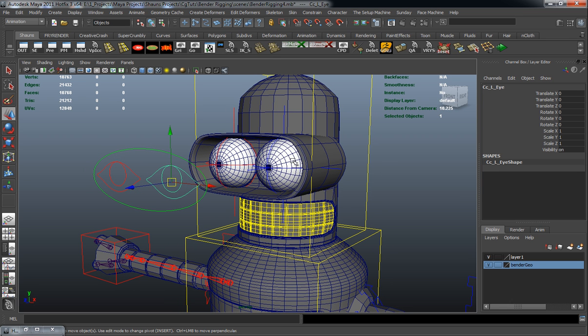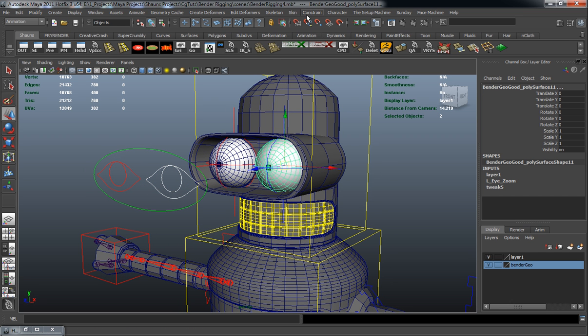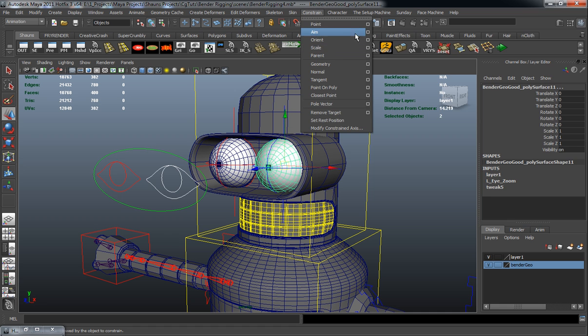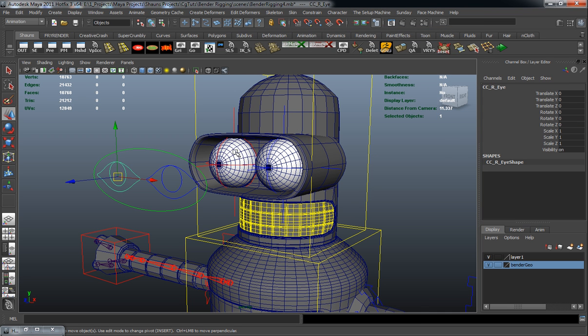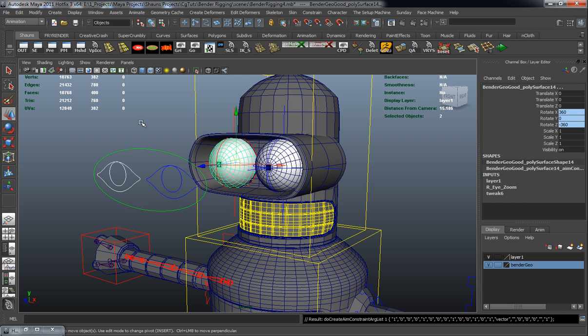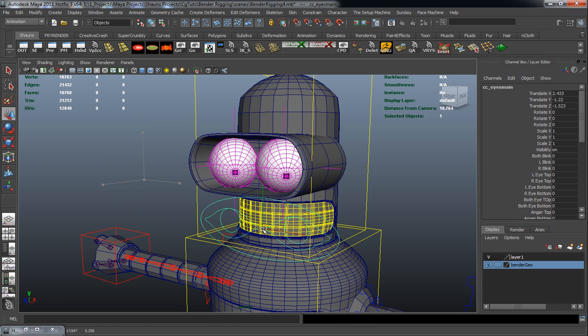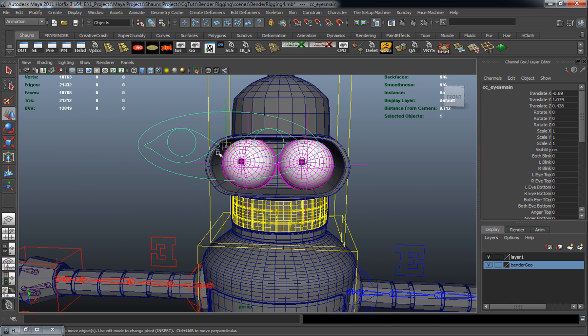So let's go ahead and select our left eye pupil control, go ahead and select our eye geometry, constraint. Let's take a look at our option box, and we just mainly want to make sure that our maintain offset is on. Go ahead and hit apply. Do the same thing here for the right one, hit G. So now our eyes are going to move,